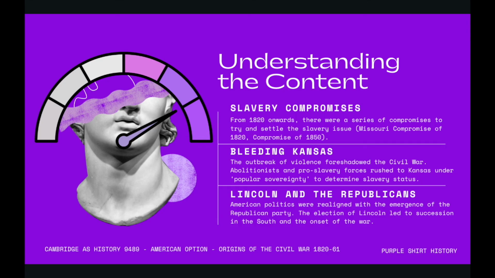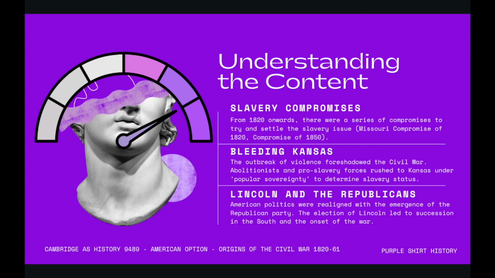Lincoln and the Republicans. Know the term radical Republicans. So the radical Republicans are the ones that are going to, as we'll see in probably the next video, what's going to happen after the Civil War. They're going to add new amendments to the Constitution, the 13th, 14th, and 15th Amendments, to grant former slaves rights. But the Republicans are split between moderates and these so-called radical Republicans. One from Pennsylvania named